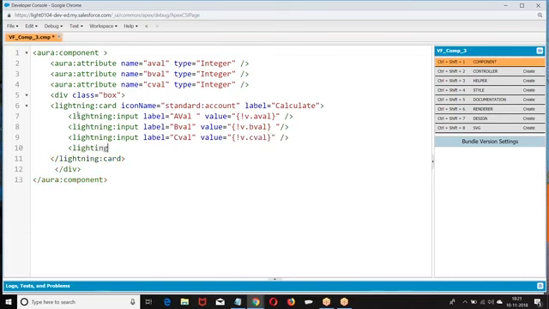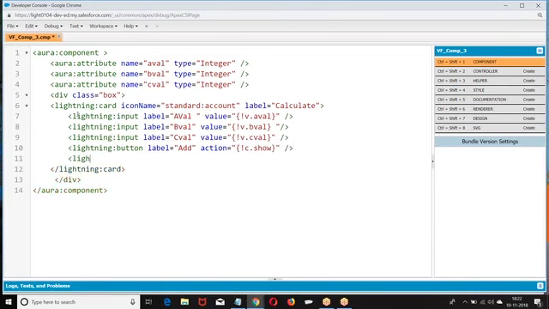Then we had lightning label. This is what I created.